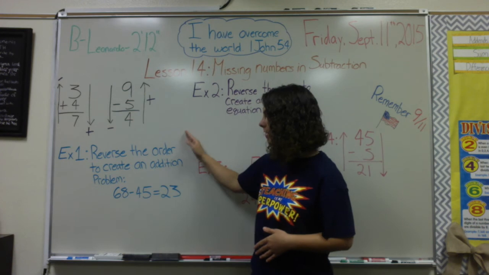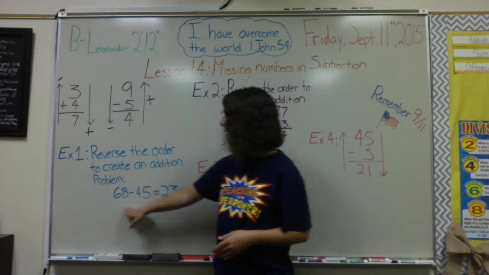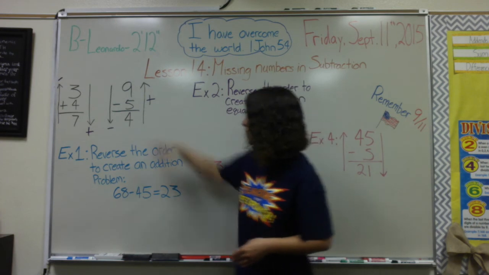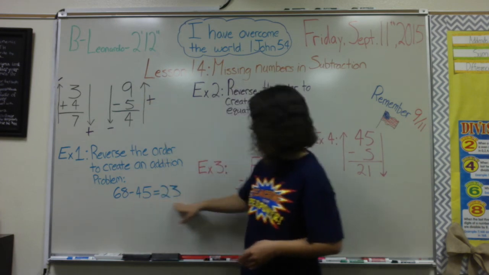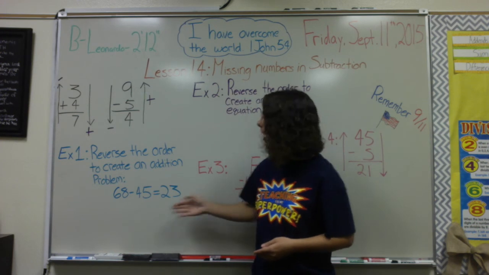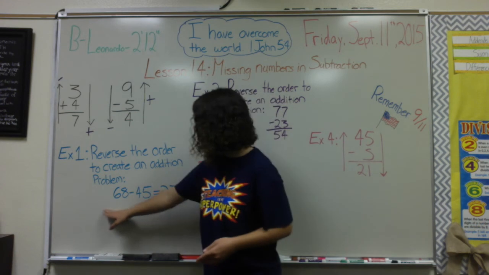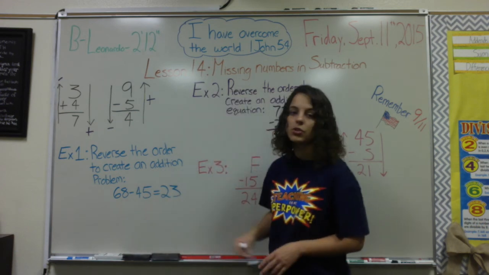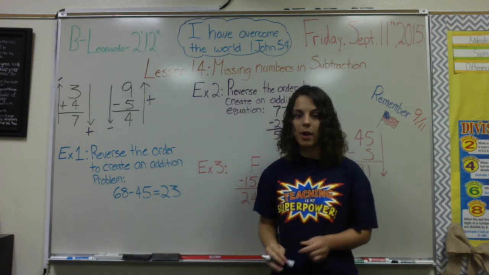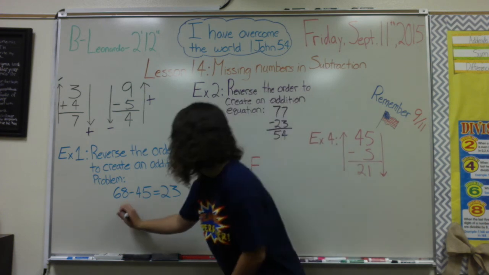So starting with example 1, it says to reverse the order to create an addition problem. I have a subtraction problem. When I read it from start to finish, left to right, which is how we normally read it, I read it as a subtraction problem, but when I read it backwards, I can create an addition problem. So I want you to go ahead and write that down in your spiral and see if you can get it. Your correct answer would be